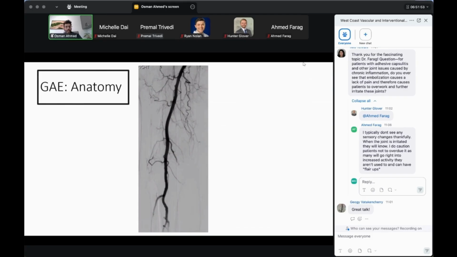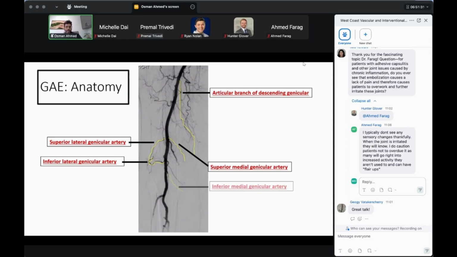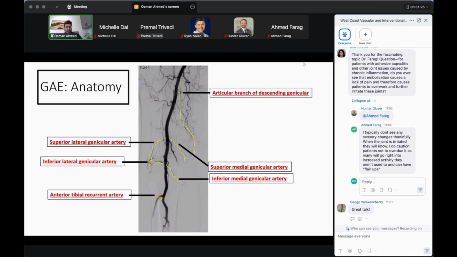And so what does that look like in an angiogram? This looks slightly a little bit harder than that cartoon I just showed you. But once you do enough of these, it gets very obvious. So you can see here's your articular branch. Here's your superior lateral. Here's your superior medial. So the superior lateral and medial kind of form this seagull appearance or bat wing appearance. Then you have the inferior lateral, which has more of a horizontal C shape. And then you have your inferior medial, which has more of a 45-degree hockey stick or J shape to it. And then your anterior tibial recurrent artery.